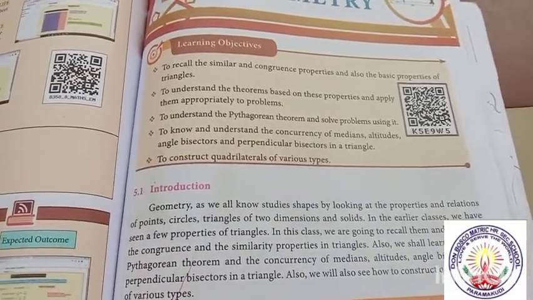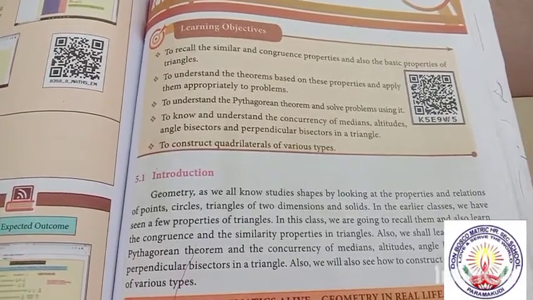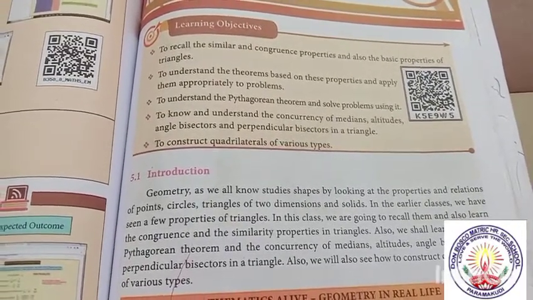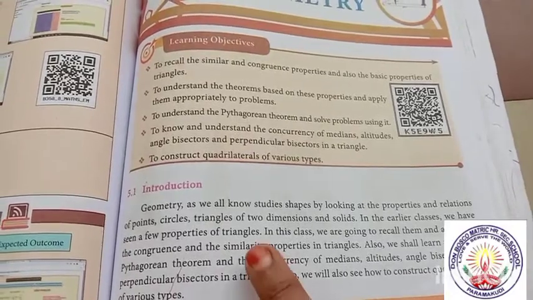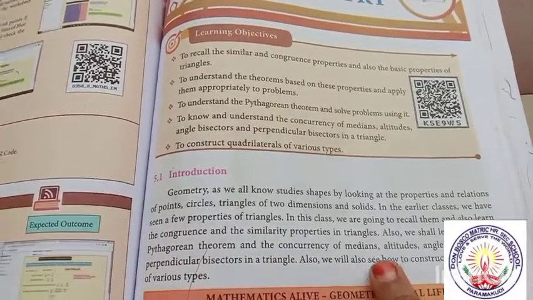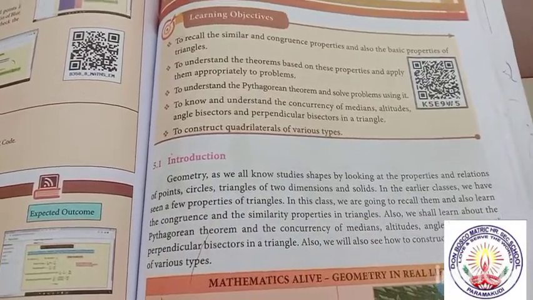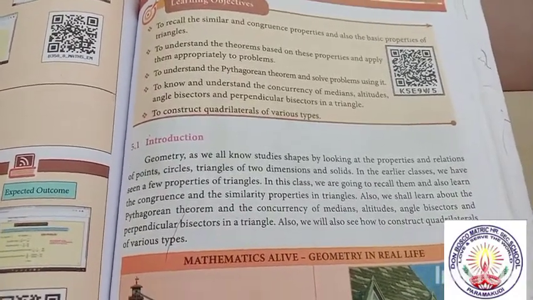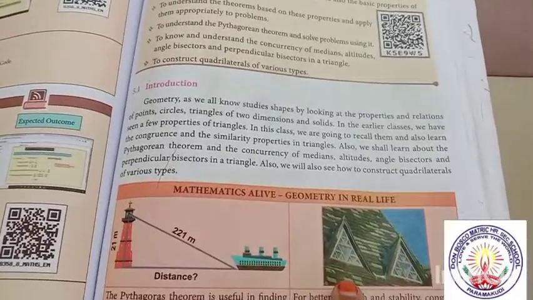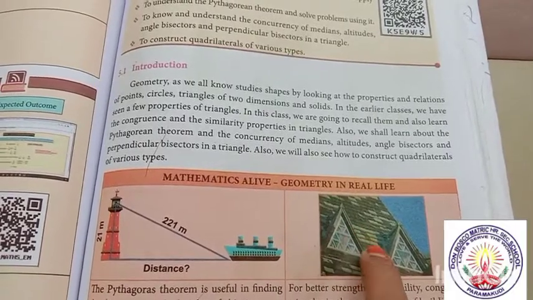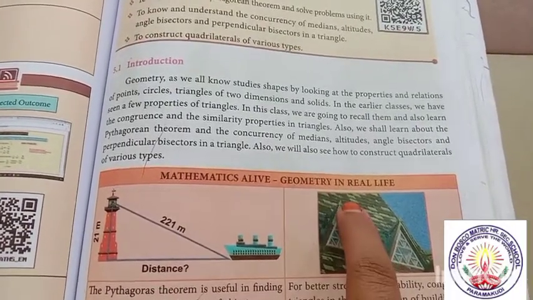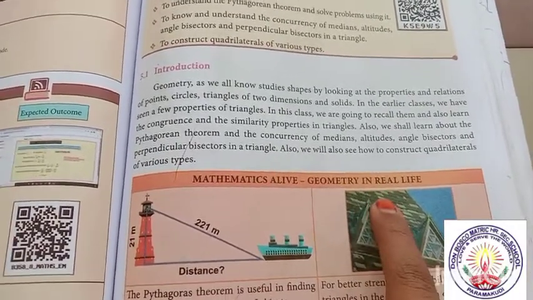Next, how much is obtained by the sum of the 3 angles of a triangle? The sum of the 3 angles of a triangle is 180 degrees. Next, what is the external angle? The external angle is the sum of the opposite 2 interior angles.